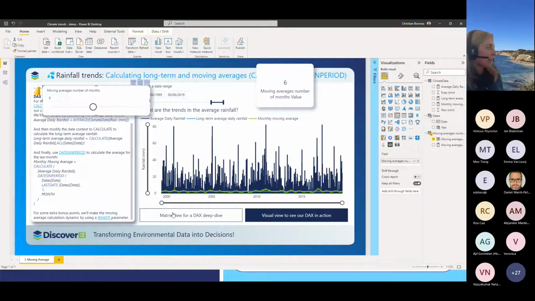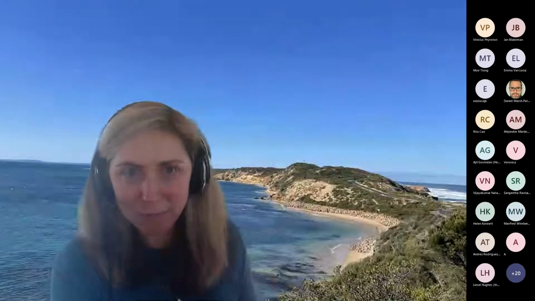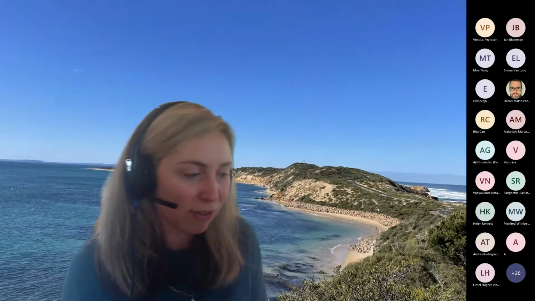So hopefully that's helped spark a couple of ideas with you of how you could use DAX to compute your different kind of environmental analysis. With that, I might stop sharing and hand it over into just our open panel discussion with Greg and Sam. And this is really your opportunity to ask your DAX questions and learn a little bit more about how we would approach different DAX problems and challenges, but also hopefully solve a couple on the spot.